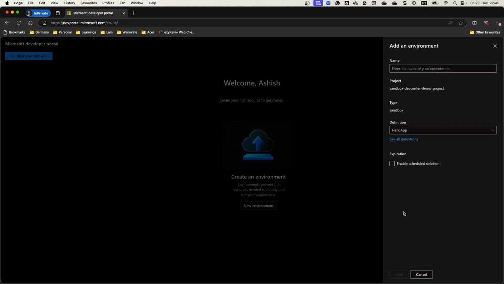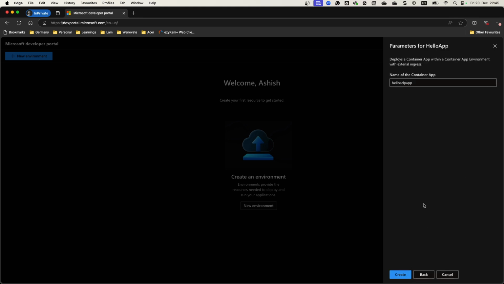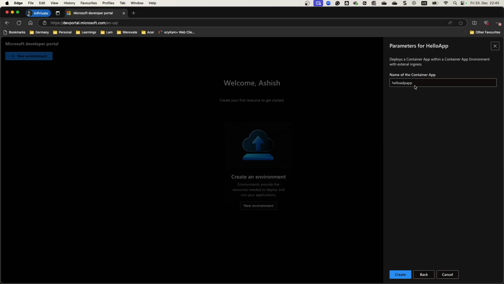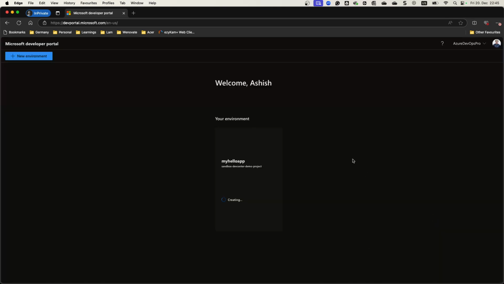and if I go here and name it my hello app, and if I go to next, it is taking up the default name. If that YAML file has a default name, as you can see, there is a default, it will pick it up, or you can change it and define your own, Ashish hello app. Yeah. And then if you click on create,